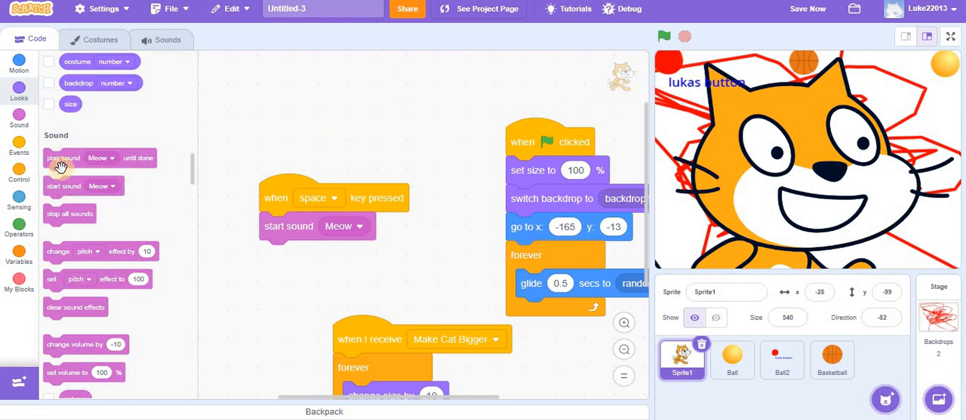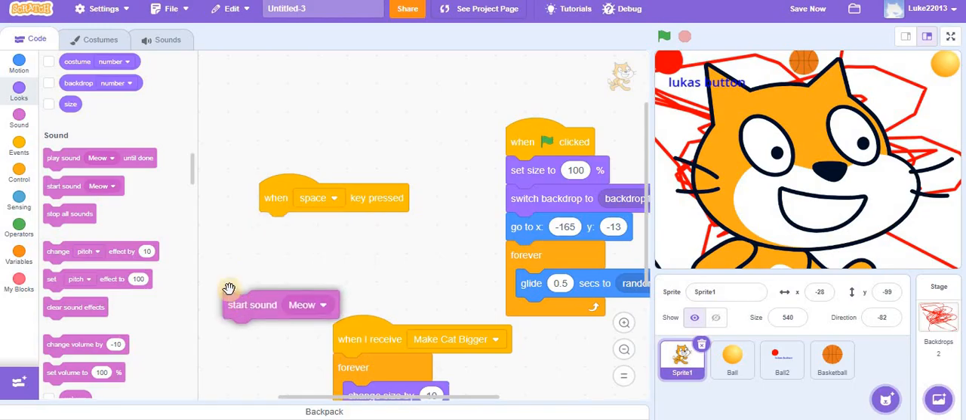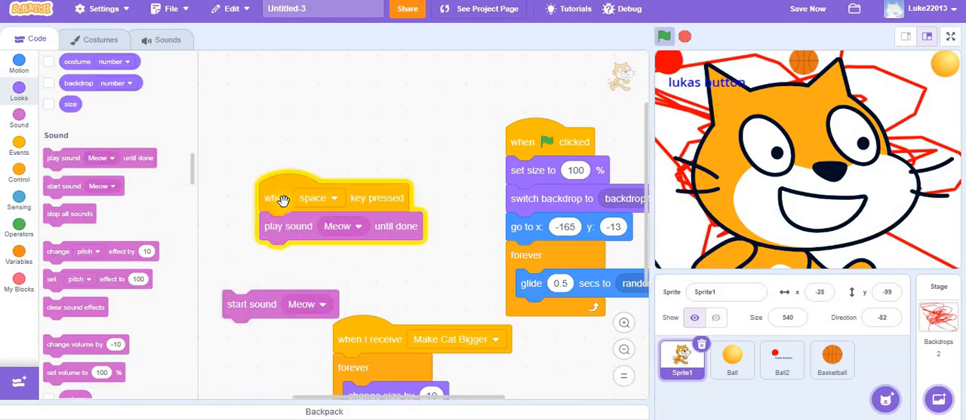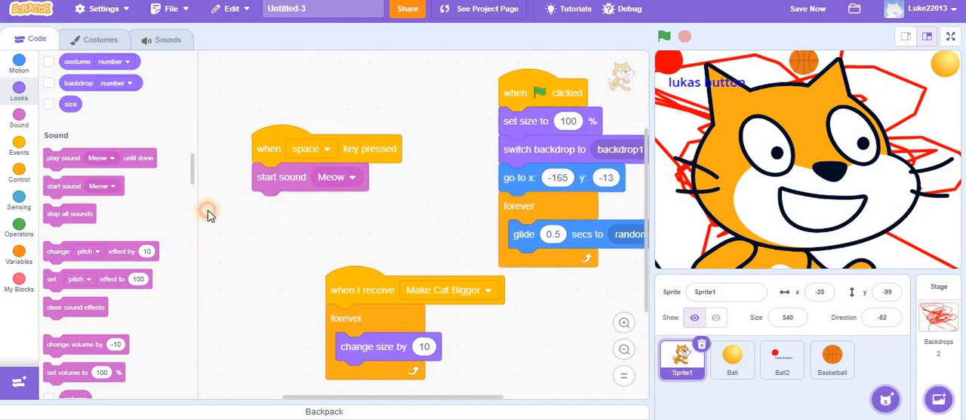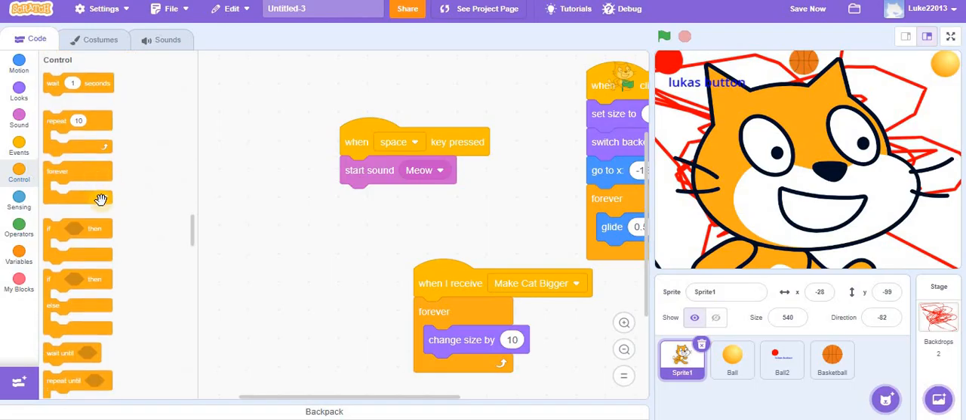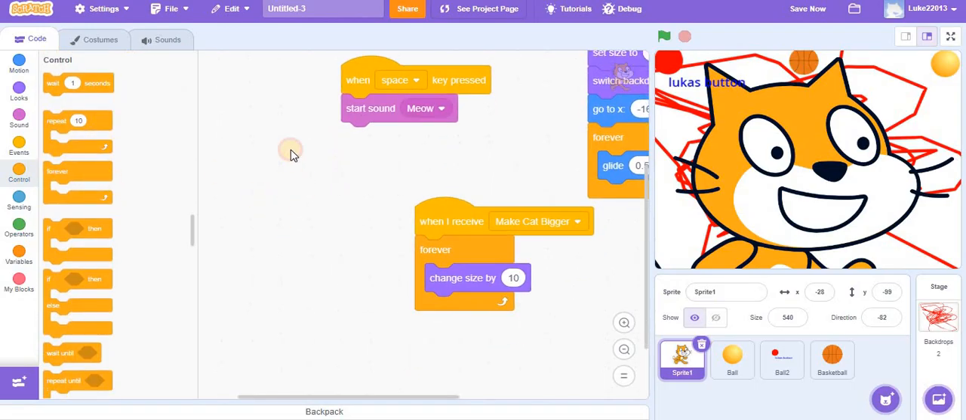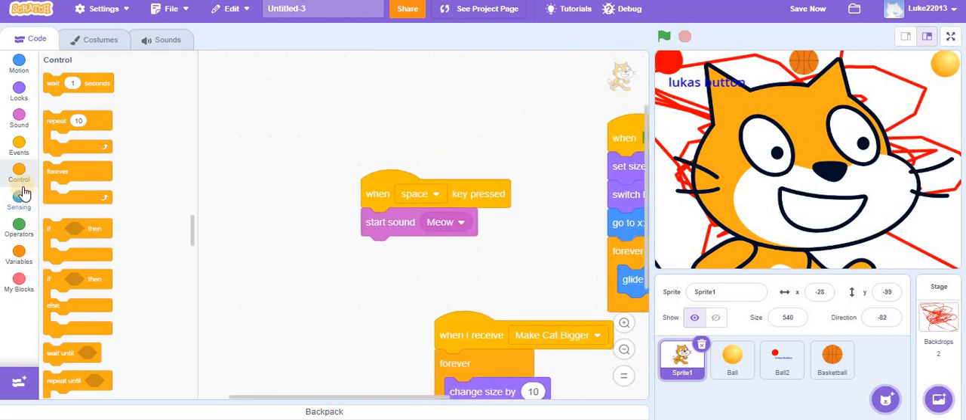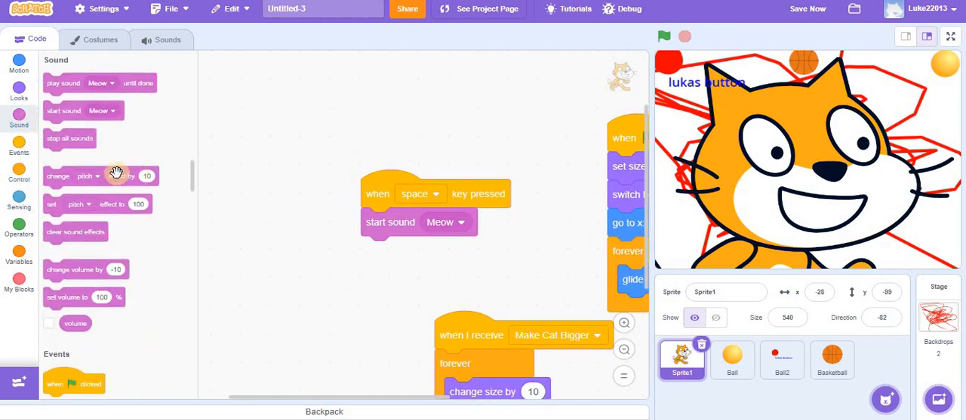So we did that. And you can also use this. But the reason why it's not working is because it's until done. If you want more chaotic, it starts on now. Meow. But just for you to know,